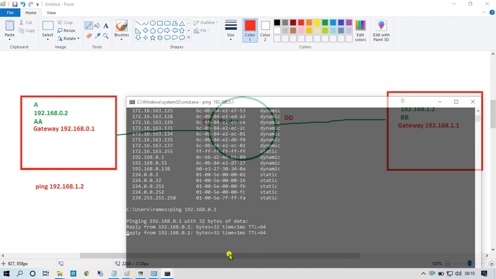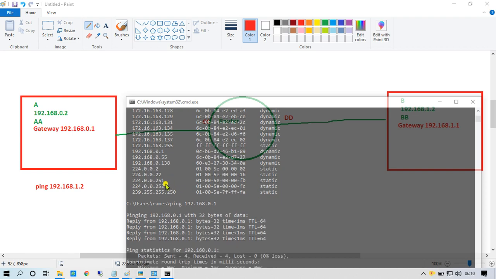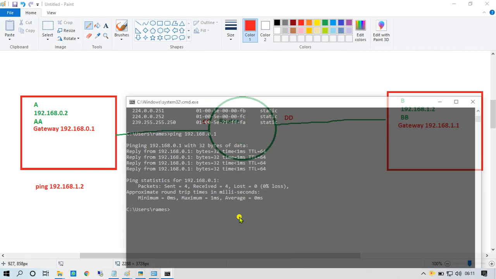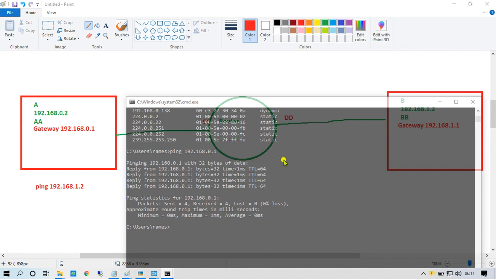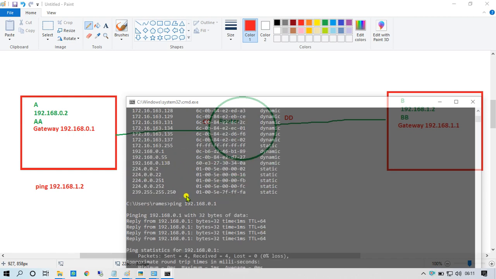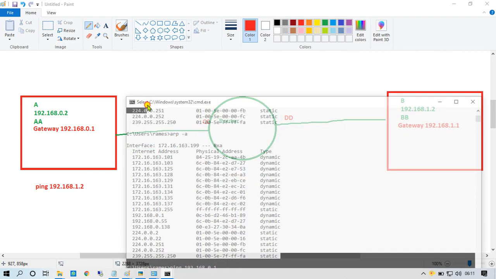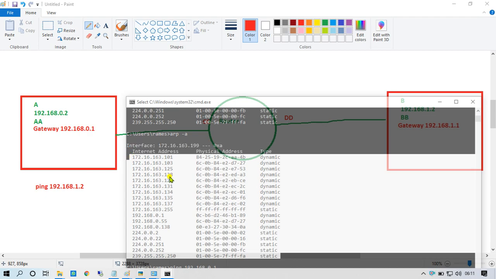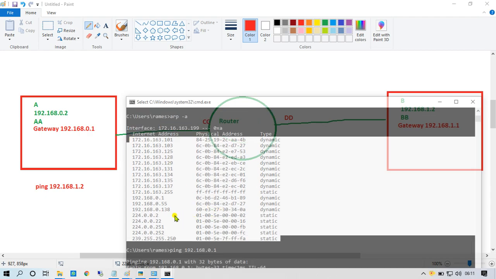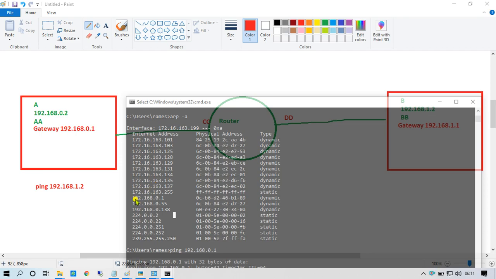Now we are getting a reply from 0.1. Why? Because the MAC address information was here. That's why we are getting information. Apart from this, I am not able to get anywhere. Okay, this is my gateway.